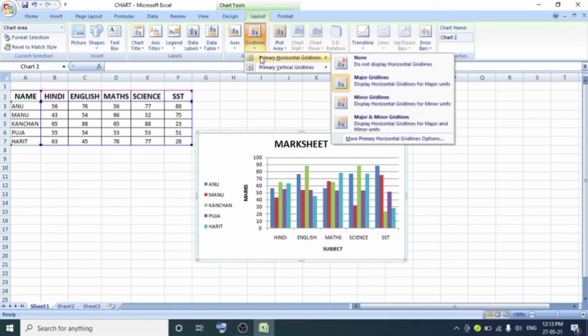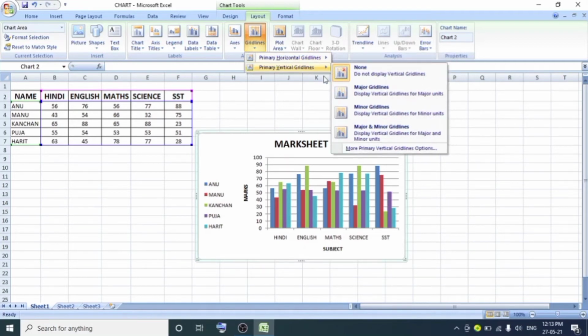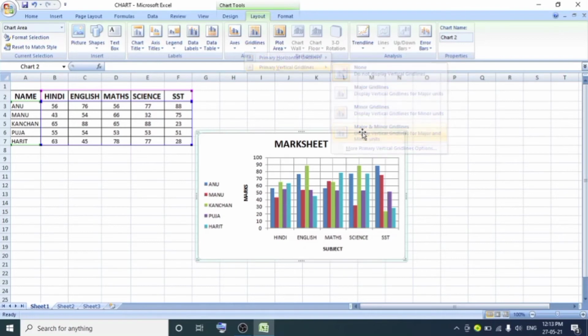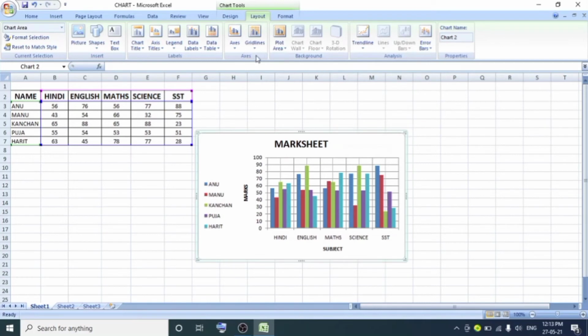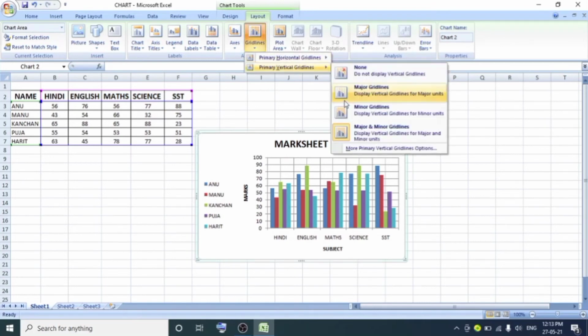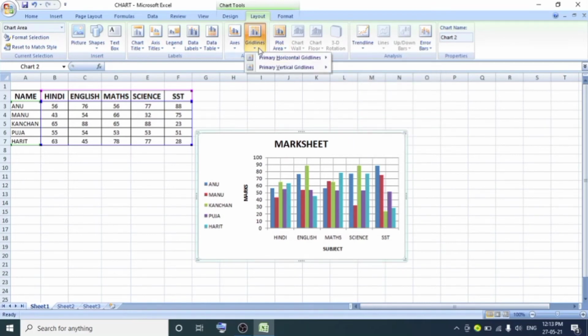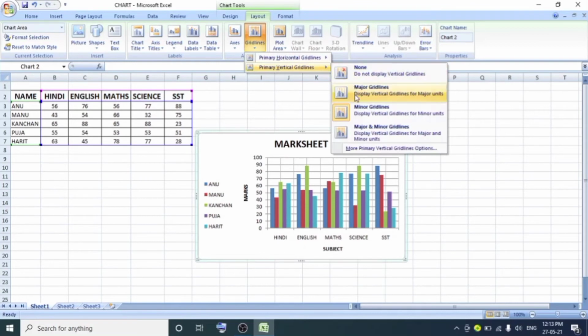Under this tab, you have to select the primary horizontal grid lines. In this, you have to select the major grid lines in the axis group to add the horizontal lines like this. Here you have seen all the horizontal lines appear on your screen. For the vertical grid lines, you follow the same: primary vertical grid lines, and major and minor like this. Or if you want to show the minor grid lines or the major ones, then you can just click on the major or the minor one.